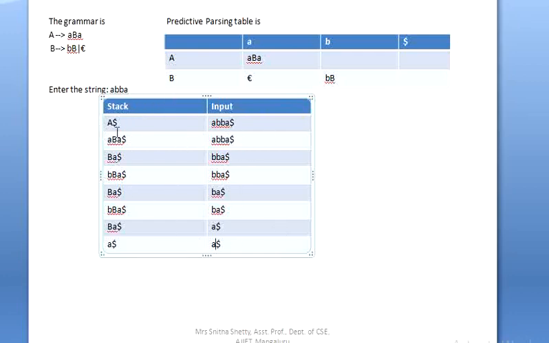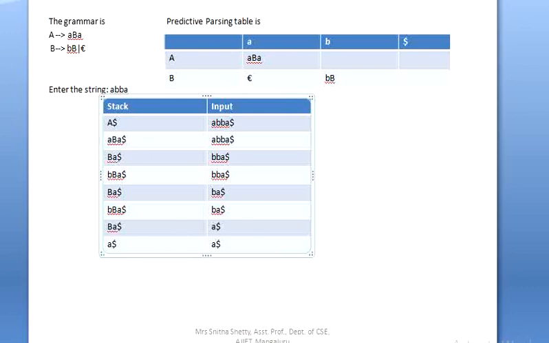Okay, so here once again explaining. We need to start with the starting symbol, then we see what production, A gives A, and we are just replacing it. When the top of the stack and the top of the input are the same, we are just eliminating that input. Okay, we are eliminating that character. So next we are continuing. See here A and A, we are eliminating that A and A. So here BA dollar, BBA dollar, and BB. So just looking at the table, we are parsing this string.